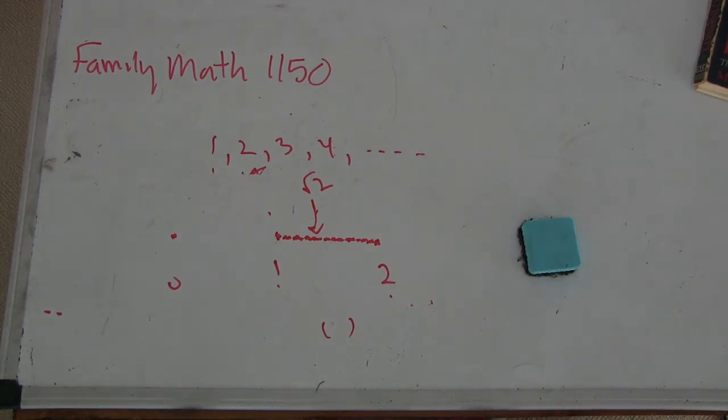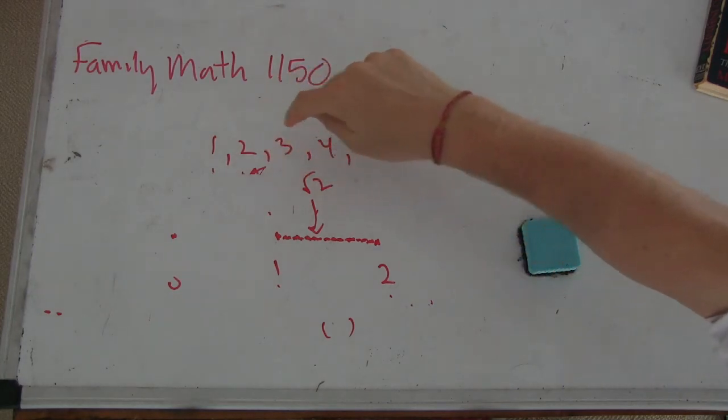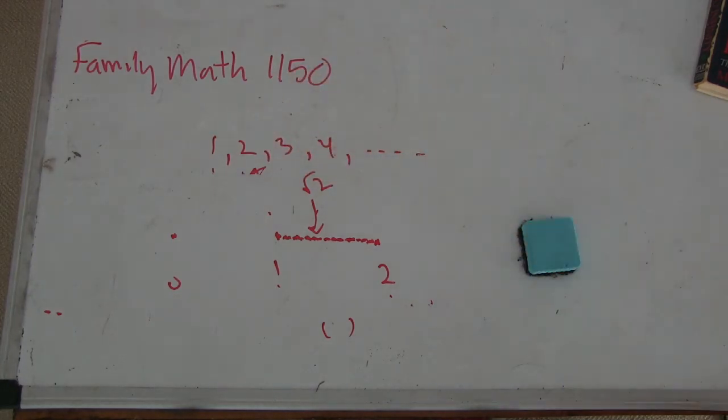So do you have any guesses at all how we might create a map from the positive integers, 1, 2, 3, 4, 5, the counting numbers, to the rational numbers? Well, we have to find a very clever way to count them, basically. Just to somehow say, when I arrange them in a line, this is the first one, this is the second one. I'm going to have to get creative on how to do that.